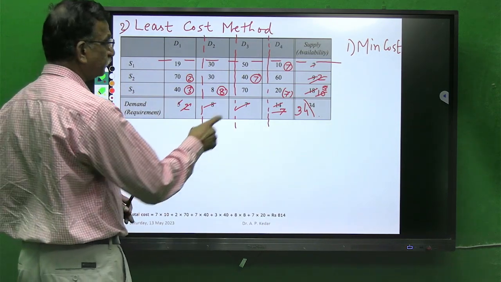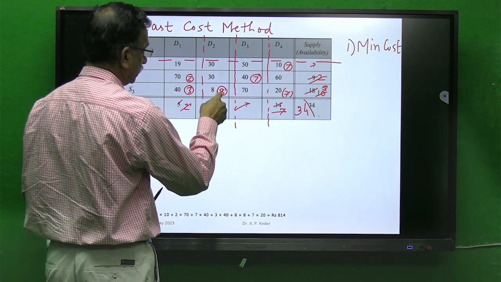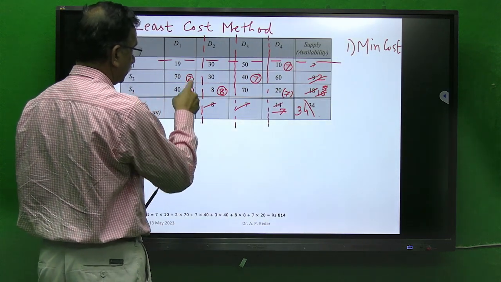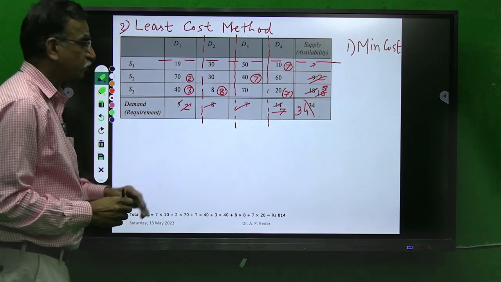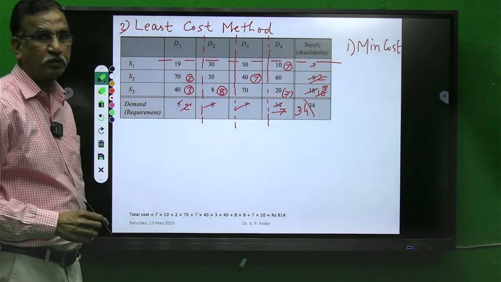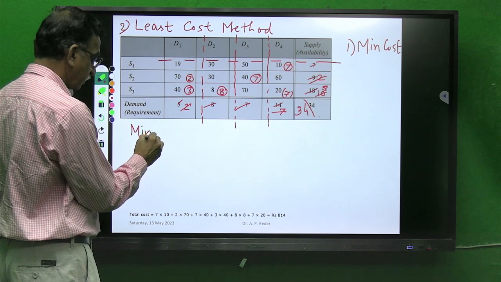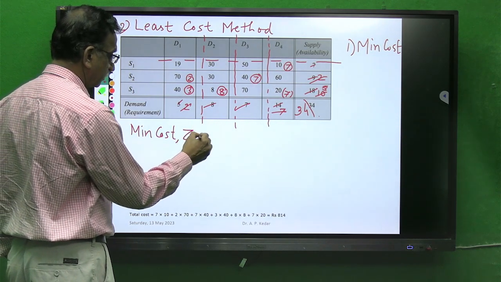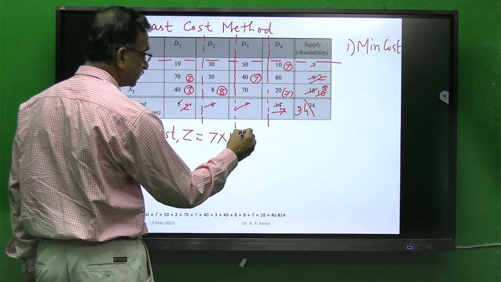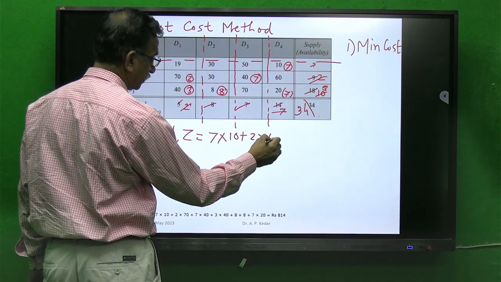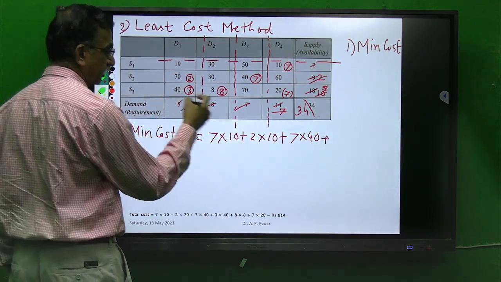Our cross check: 7, 2 plus 7, 9, 3 plus 8, 11, plus 7, 18. Column wise, 3 plus 2, 5, 8, 7, 7 plus 7, 14. So by this least cost method, I got my solution as minimum cost Z is equal to, again the same rule, 7 into 10 plus 2 into 70 plus 7 into 40 plus 3 into 40